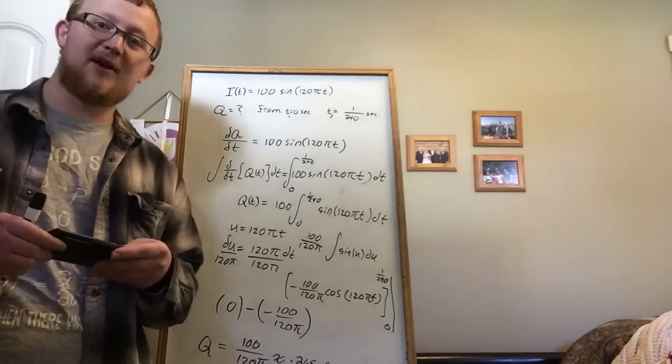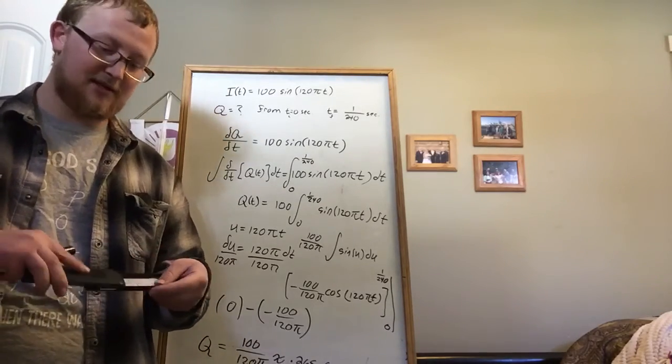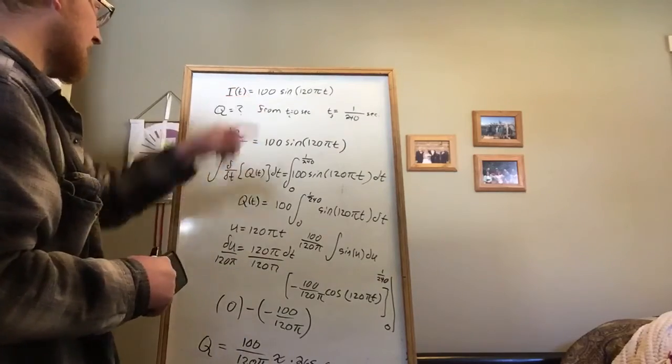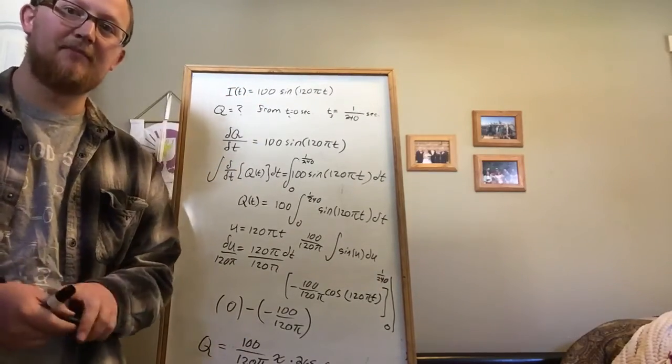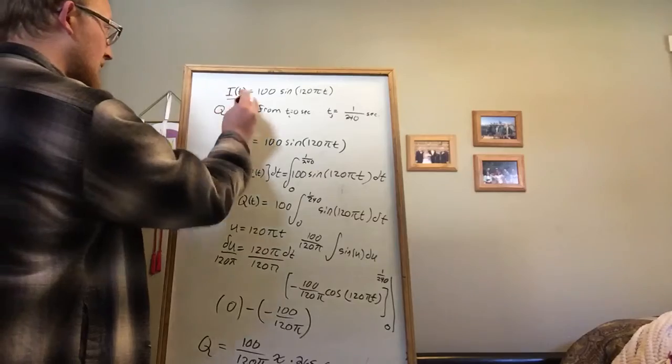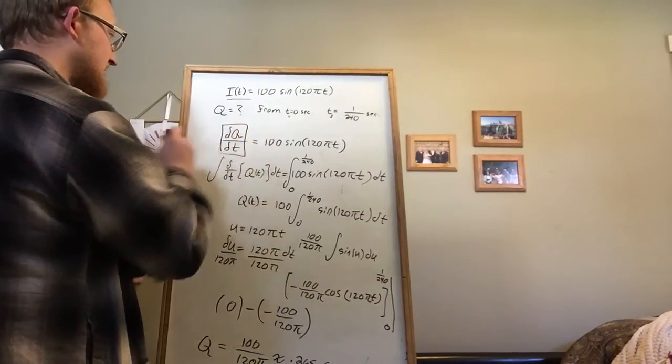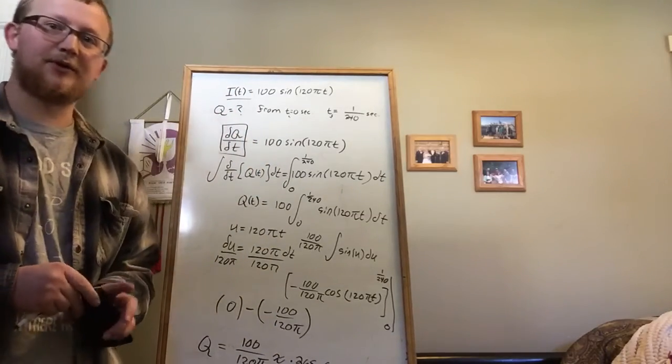And so that's how we solve for the amount of charge that's flowed through a circuit if we know its current as a function of time. Just remember this, we can write I as dq dt, and that's a very important trick to have up your